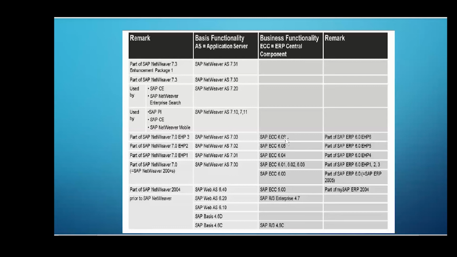So here the point for the interview is the difference between the two different evolutions for your NetWeaver product. One is basis technology and another one is core business functionality. Here you will be focusing mainly on R2, R3. What is R2? What is R3? We have discussed earlier, I guess.